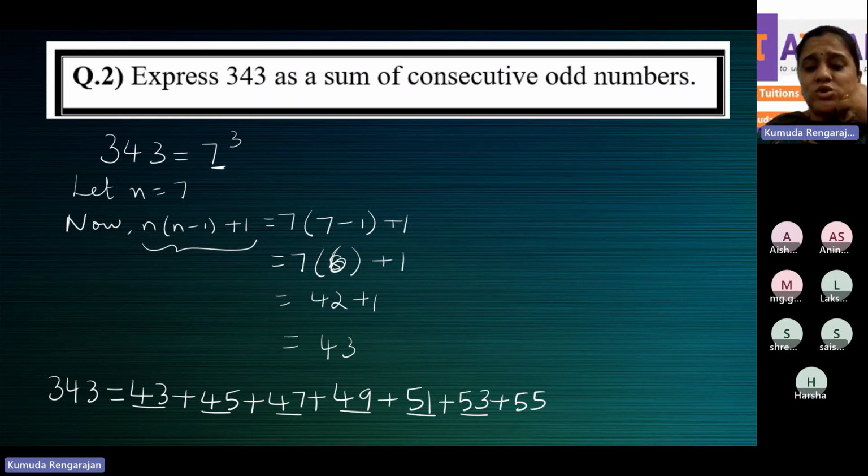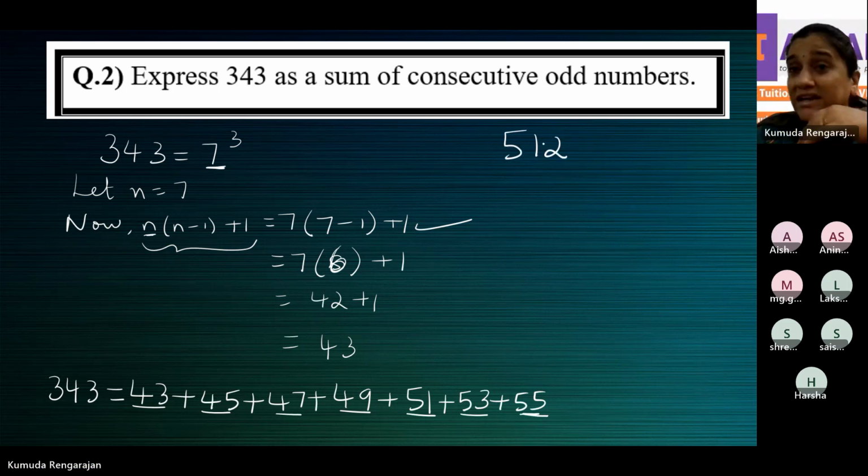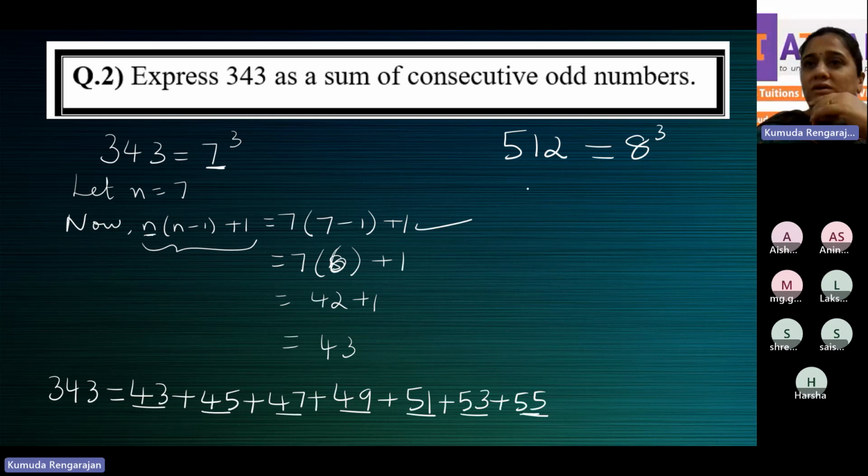But how do you know you should start from 43? Use this rule. And in this rule, what is the value of n? Because 343 is 7 cubed, you should take n as 7. If you have to express 512 as a sum of consecutive odd numbers, what is 512? 8 cubed, 8 into 8 into 8. So then you should say let n be equal to 8. Then what is